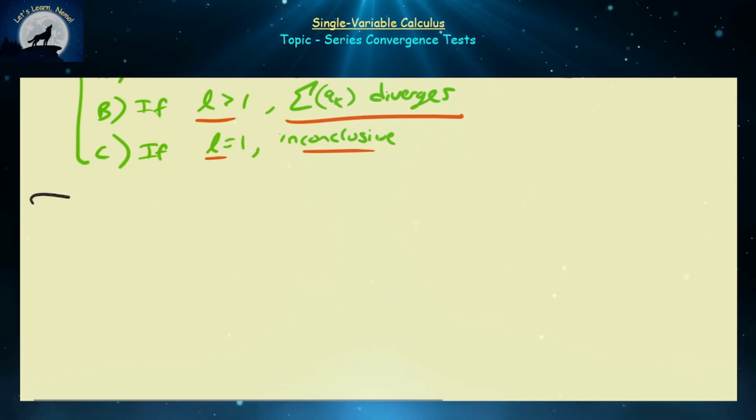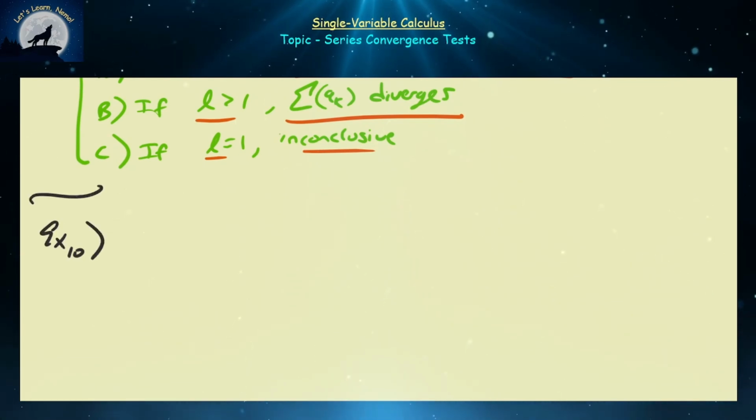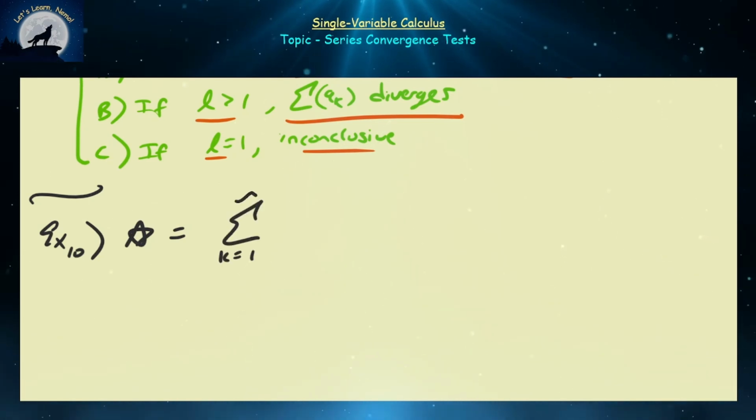So let's look at a quick example to see how this is going to be used. Usually you have to be very, very good with powers, and sometimes you can be super clever with logarithms and exponentials using the root test. So those are just some little things to keep in the back of your mind. Let's do the sum from k equals 1 to infinity of 2 to the power of minus k squared on the exponent,